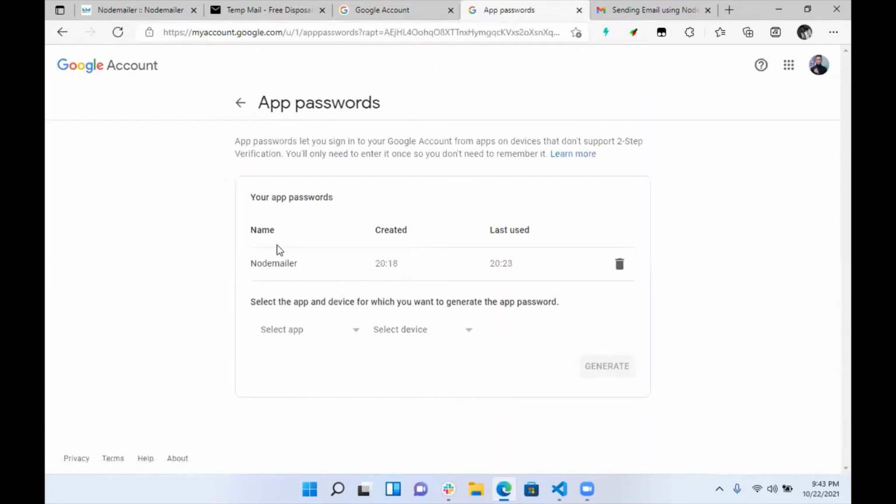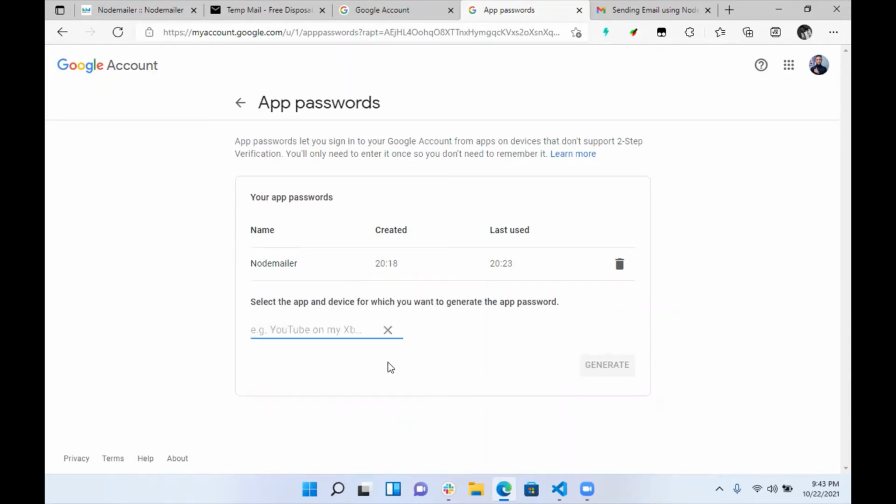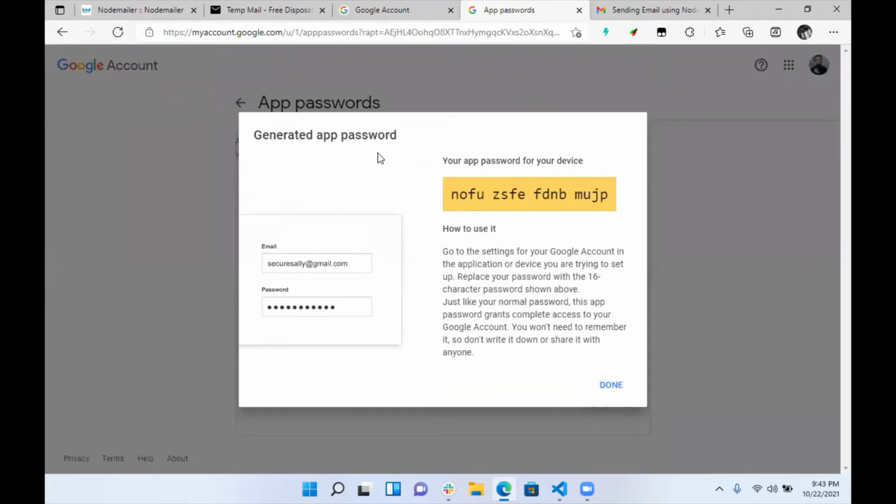For me, I already have one created before, but in case you don't, trying it for the first time, you won't have one. So just click select app, choose the mail option, and then click select device. Of course, you want to change it to other, custom name. So you pass in the actual custom name, NodeJs email. I'm just going to use this one. Afterwards, it creates it for you, and then you get the password. So just copy this password